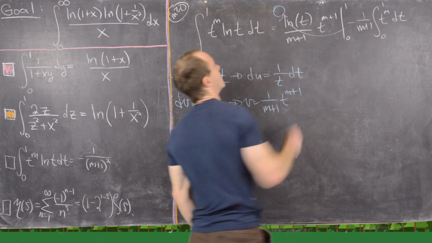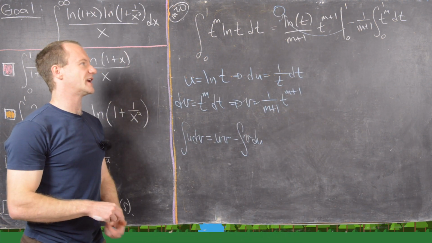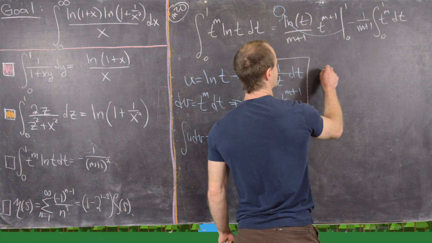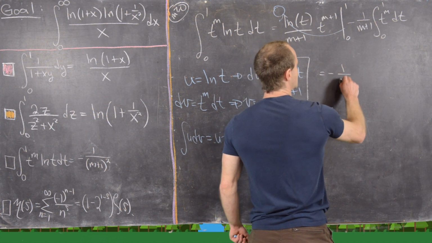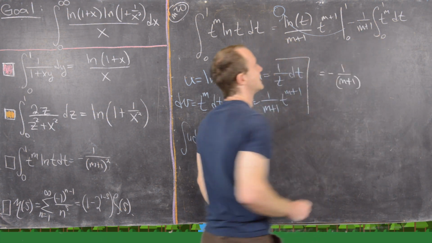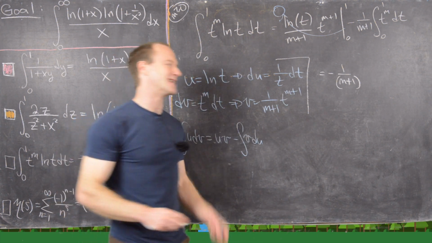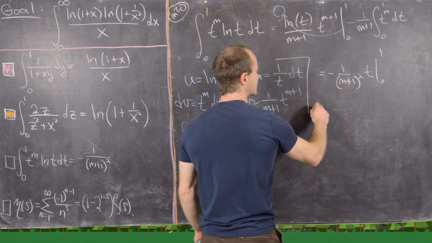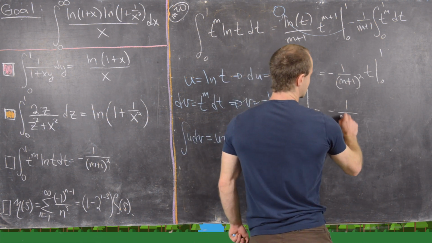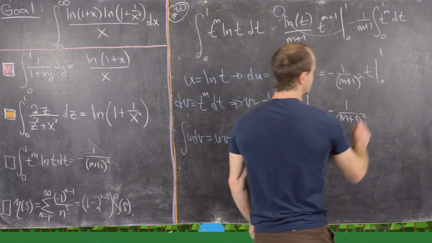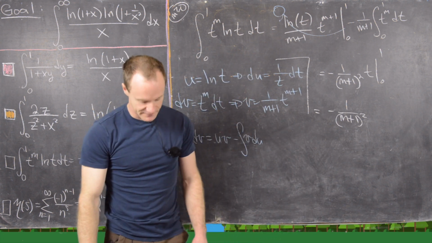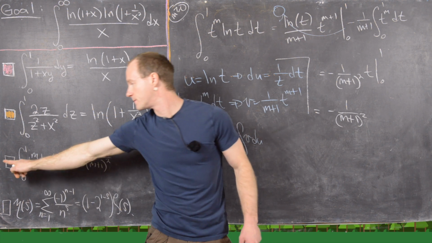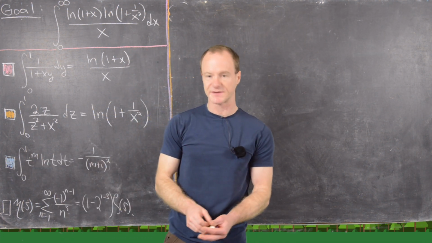Okay, so the long and short of it is this whole thing goes to 0, which leaves us with this integral. So this is going to be minus 1 over m plus 1. Now we can take the antiderivative, which puts another m plus 1 in the denominator. And then we're evaluating t from 0 to 1, which obviously gives us 1 over m plus 1 squared, and that whole thing is negative. Okay, great. So now we've established this third bullet point, and we're ready to move on to this fourth,